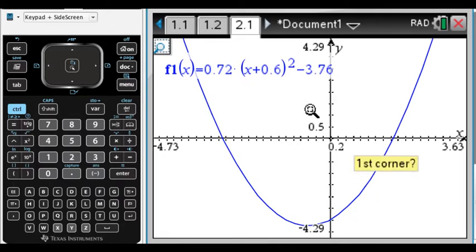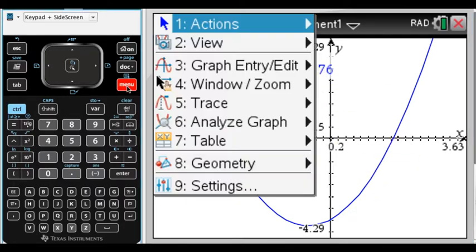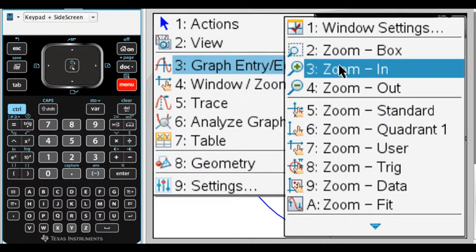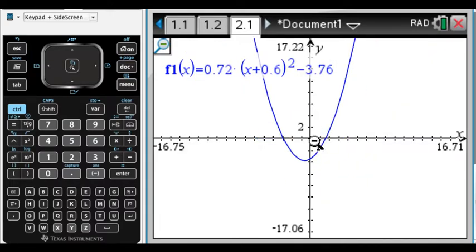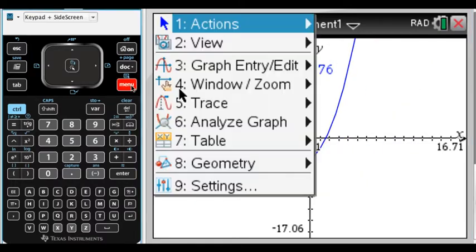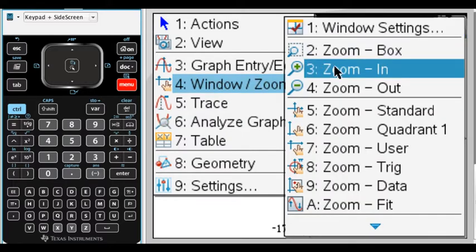Click, there's the second corner, and it rescaled it for me that way. I can also simply go and get my zoom in, zoom out. Let's say I want to zoom out at this point. Say I want to zoom out at the center. Boom, boom. If I want to zoom in, same thing. Go get my zoom in,